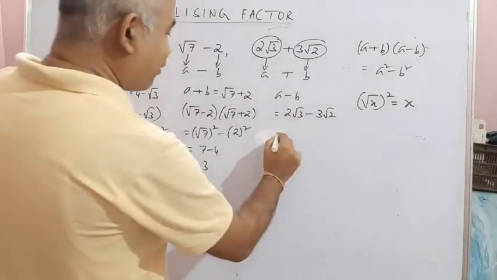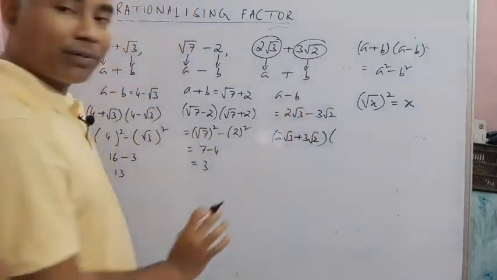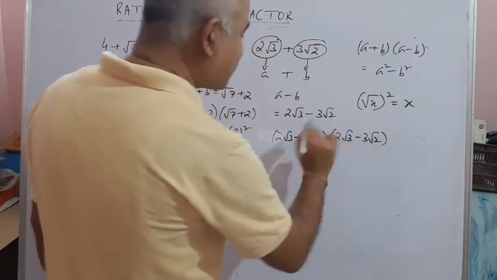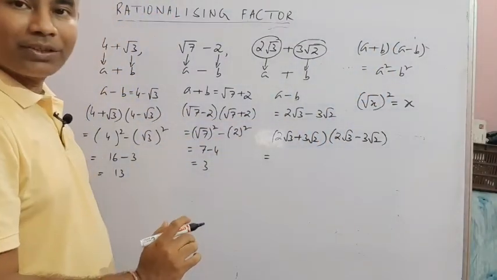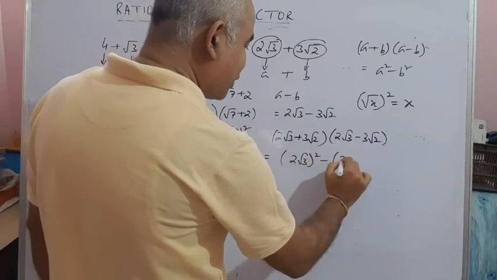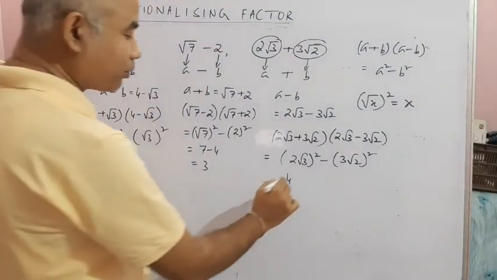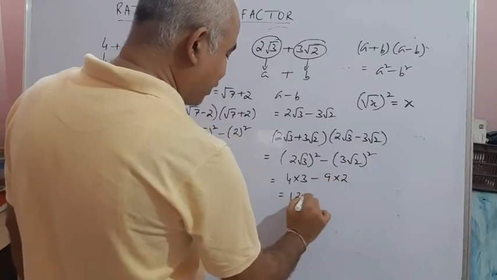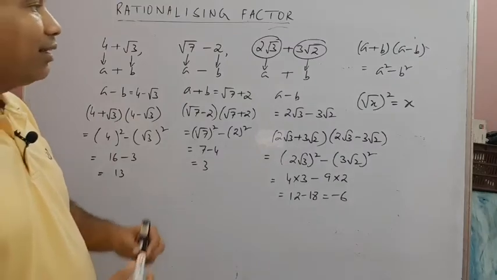Now with your given number, which was 2 root 3 plus 3 root 2, which was like A plus B, now if I multiply 2 root 3 minus 3 root 2, which is like A minus B, now I can apply this identity A square minus B square. When I apply the identity, what will happen here? Square of 2, all of you know, 4. Square of root 3 is 3. Square of 3, 9. Square of root 2 is 2. So it is 12 minus 18. It may be positive, negative, whatever. It is a rational number.